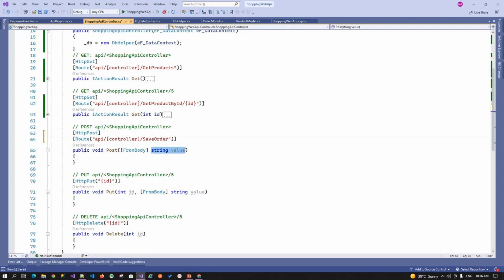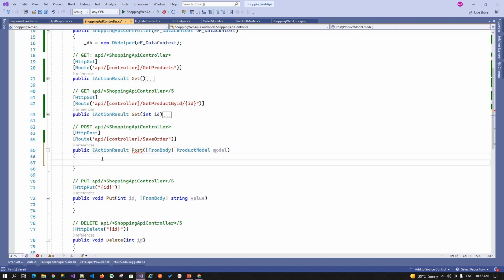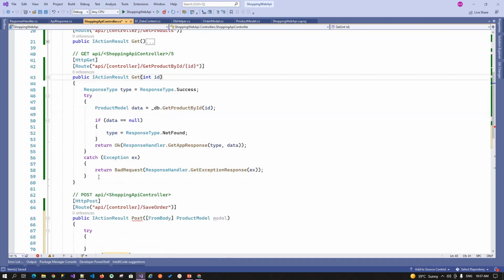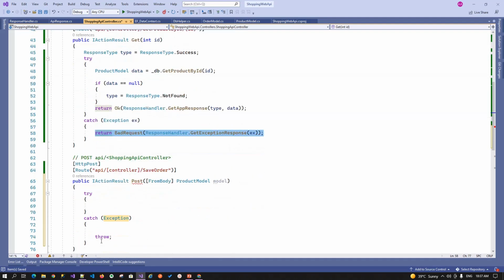Now in this order, what we are expecting is a product model. Now change its type. In this, firstly we have to add the try catch, update its catch block with suitable exception handling,